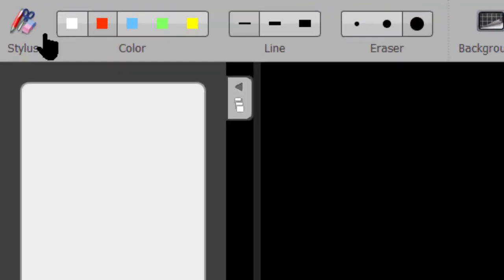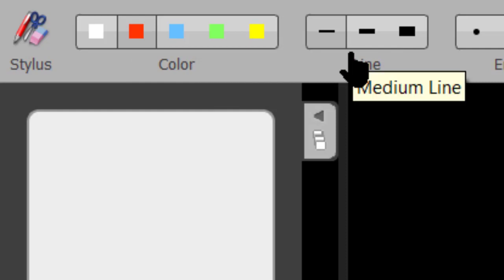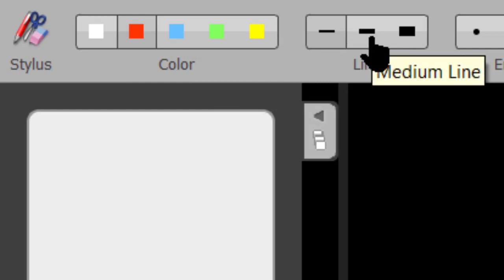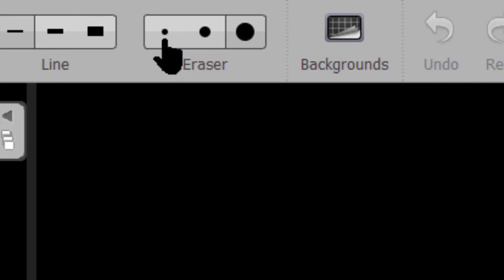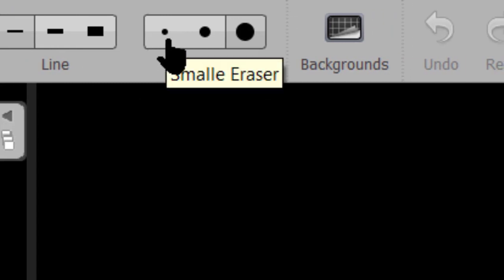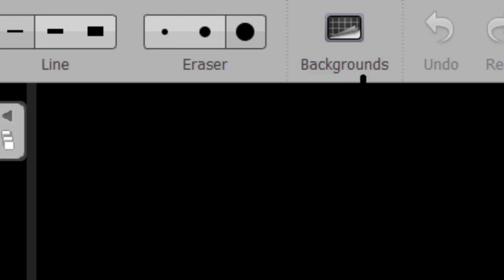On the left side you can see the color, a 5 color system to use for your pen and highlights. Just to the right of this you can see the thickness of the line: small, medium and large. The large line we use for a marker, highlighter. Just to the right you can see the eraser size. For the eraser we can also use a smaller, a medium and a larger size.